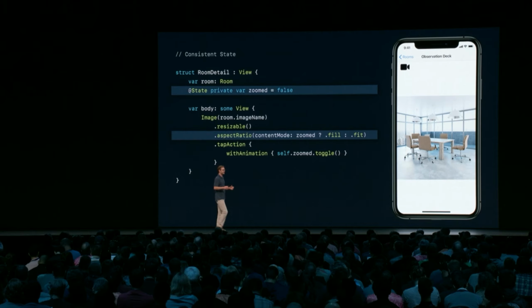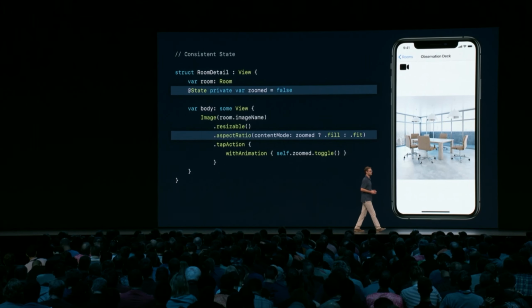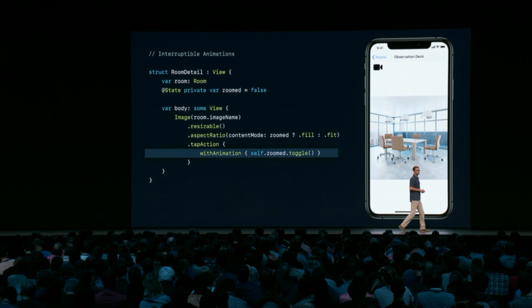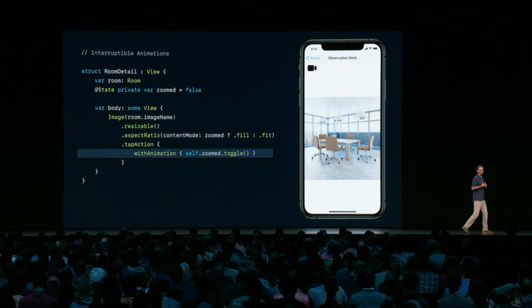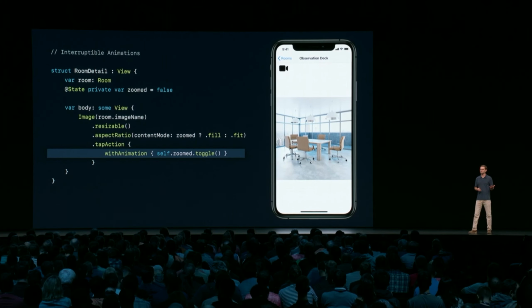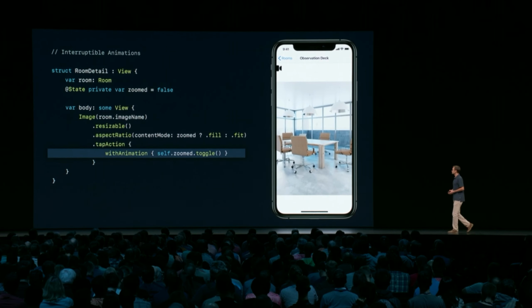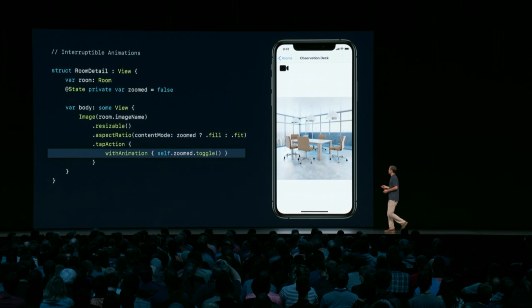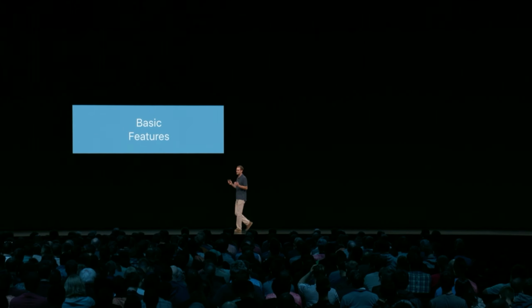We talked about how SwiftUI keeps your views in a consistent state so you never end up with a view missing or in the wrong place. And of course, we played with SwiftUI's awesome interruptible animations, which is one of my favorites. I always felt like before I had to trade between having flashy animations and crushing complexity that could come with it, but no longer. The goal with SwiftUI, oh wait, we didn't look at it again. It's so cool, right? All right, the goal with SwiftUI is for us to take care of these basic features